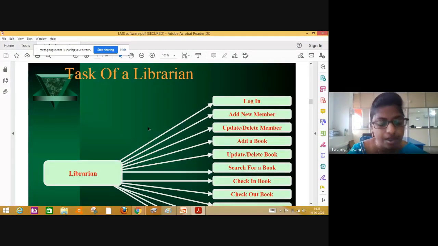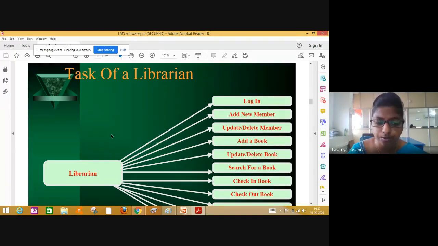Let us see what the responsibilities are, or what the librarian will do. First, you need to understand what the user, or student, can do after login. He can request a book, read the magazines, read the journals, and buy a book.